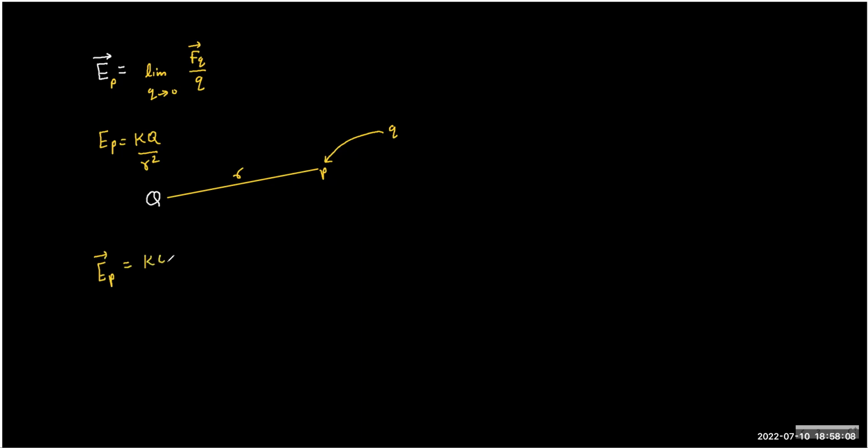For vector form, we need to know the direction, right? So for direction, what is the rule? How to find the direction of electric field? At any location, if you wish to know the direction, the rule is simple. Imagine, now of course, this is not the real thing, a unit positive charge kept at that location. Or just imagine a positive charge, not unit, just positive charge. What will be the force, repulsion or attraction in this case? Repulsion. So the force on the unit test charge will be like this.